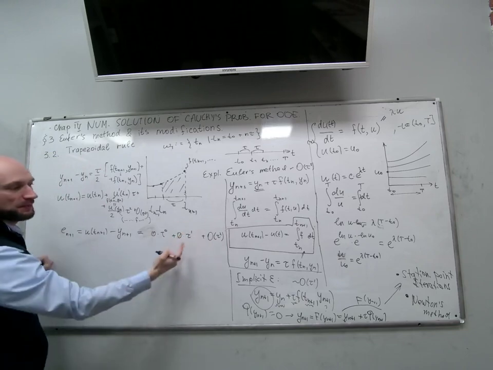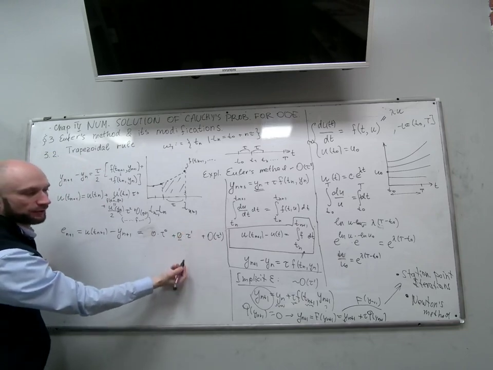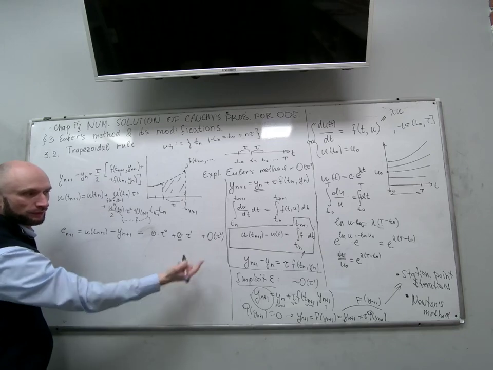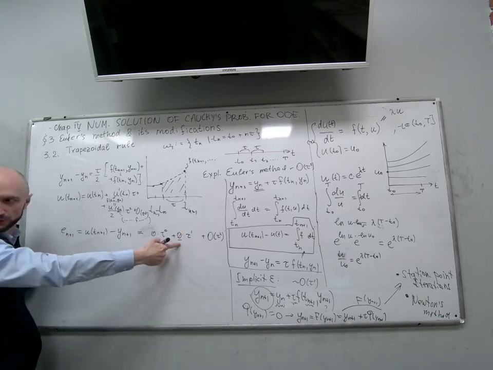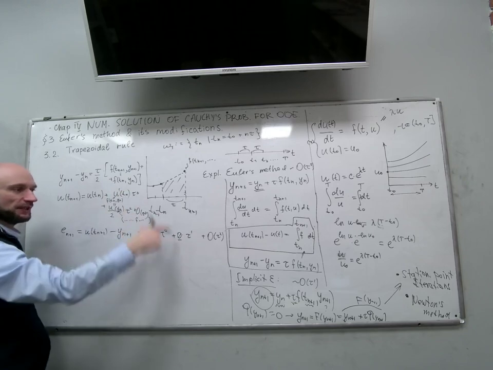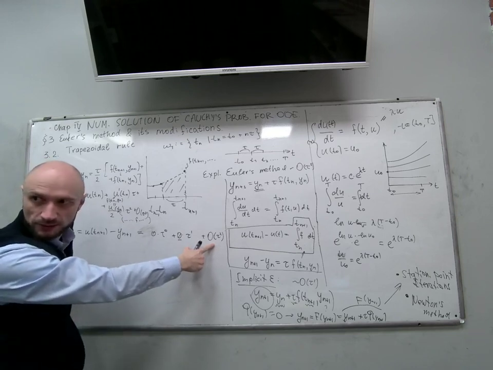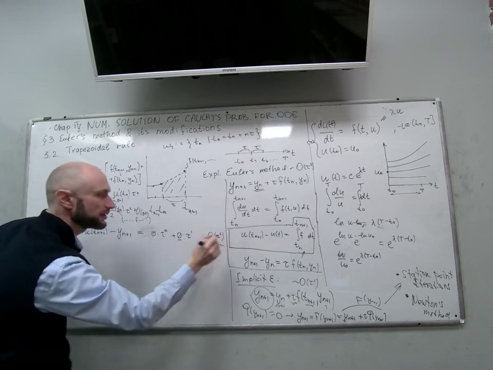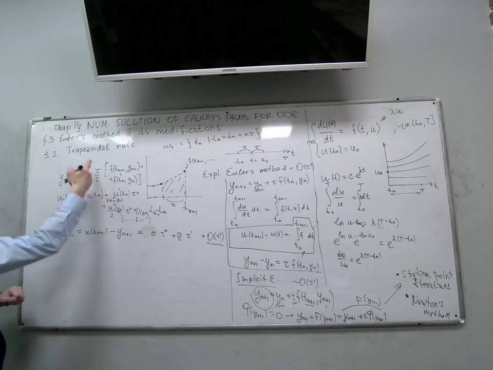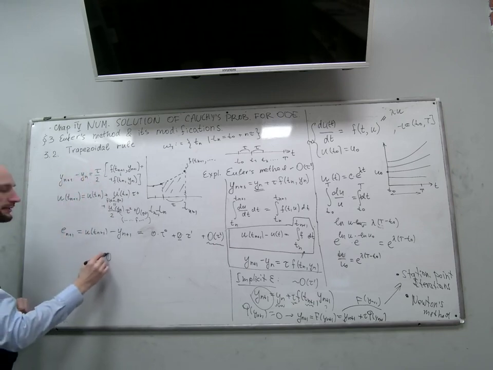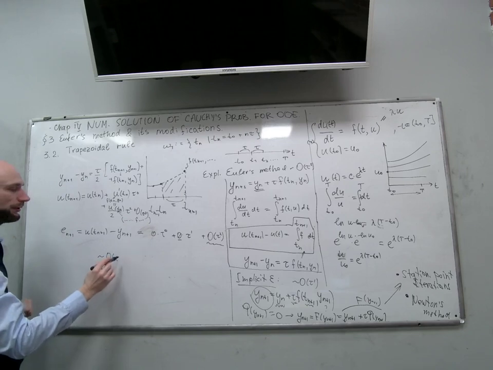For the previous two methods, this term was not 0. For this method, it will be 0, and this one remains non-zero in the general case. So we say that the trapezoidal rule has accuracy of the order O of tau to the power